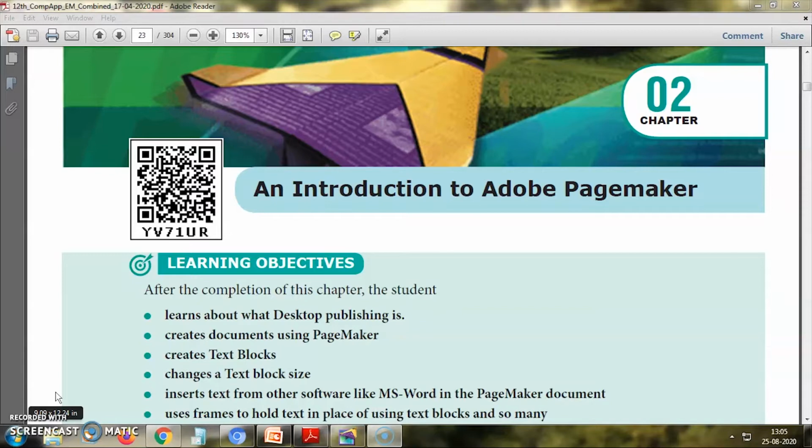This chapter is completely different from the PHP programming concept. Okay. This is another one. That is about the PageMaker you are going to see. So in your practical exam, the first 5 exercises will be from the PageMaker and the next 5 will be from the PHP programming concept.